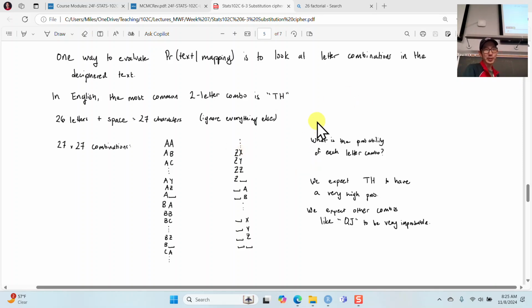All right. So anyway, in English, the most common two-letter combination, this should have been a trivia question. The most common two-letter combination in English is TH, because it shows up in "the" and a bunch of other words, and "the" is like the most common word in English as well. And so anyway, this is kind of our most common combination. And so we're going to go through all 27 by 27 things,